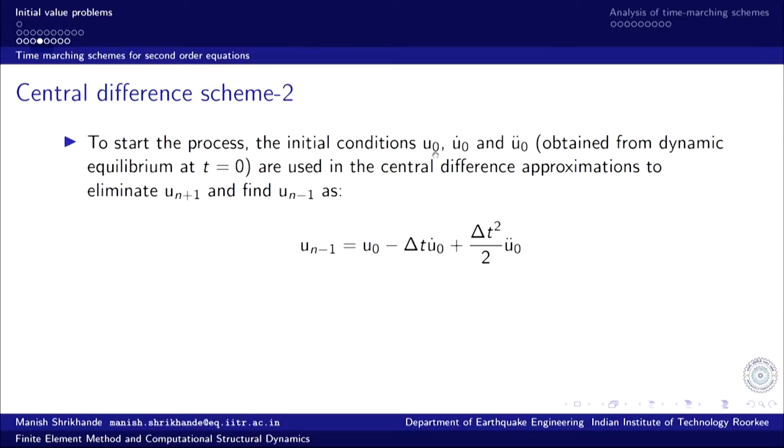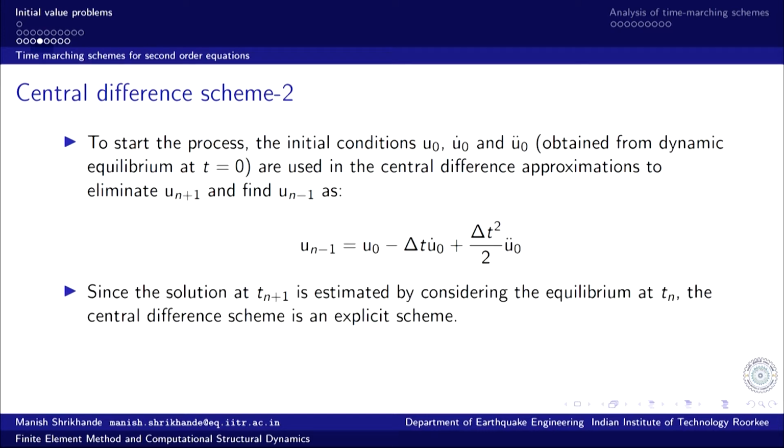So, to start the process again, one step back information is required. So, special initial conditions can be derived. Initial conditions: we know what the displacement and velocity are at time instant t equal to 0, and therefore we can find out the acceleration at time instant 0. That can be obtained from the equilibrium at t equal to 0, and this can be used to eliminate u n plus 1 and find u n minus 1. So, using the central difference approximation we can find the value for the previous time instant, and that can be used for